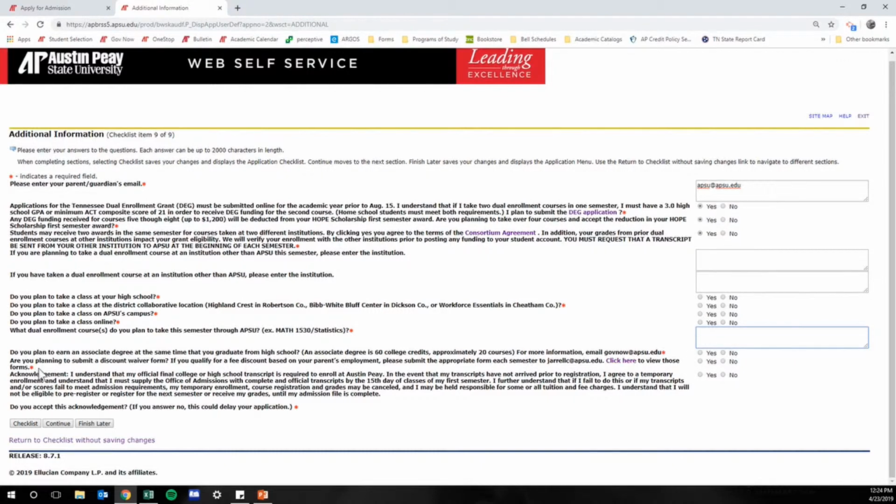The next question is, are you planning to submit a discount waiver form? So, in order to receive a discount on your tuition, your parent would have to be employed by TBR, the state of Tennessee, or a public school teacher. If they do have eligible employment, please submit the appropriate form to this email address that it gives you right here,